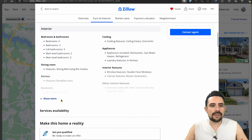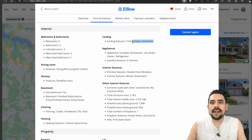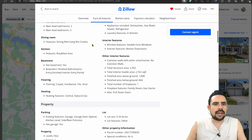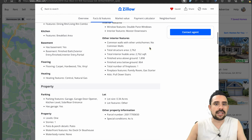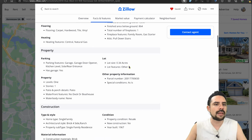Moving on to more information that I like to look for. I'm actually just going to go through this and tell you what jumps out. Cooling: I like anything that has to do with central air, central heating. That's important to me. Moving through here, double pane windows. That's awesome, better energy efficiency. We're liking that. Finished basement. That's great. I like to take note of how much is finished above ground and below ground. That's worth accounting for and making sure it's accurate when I show you how to pull up